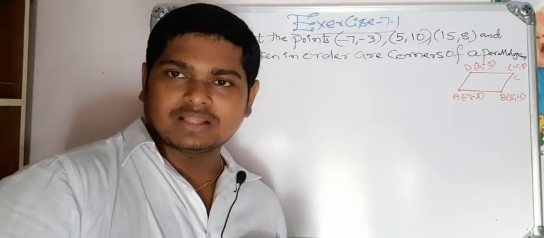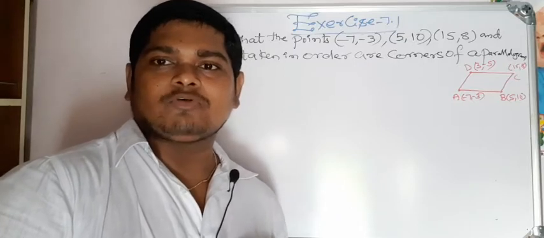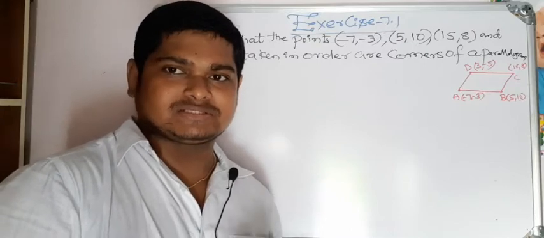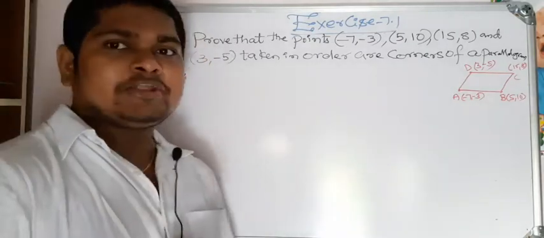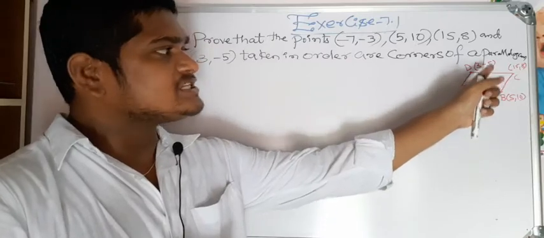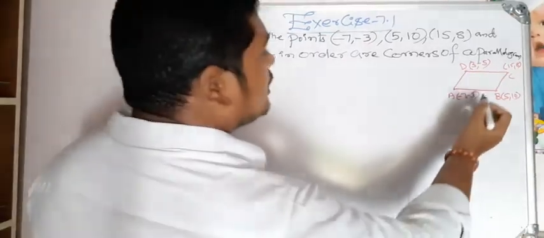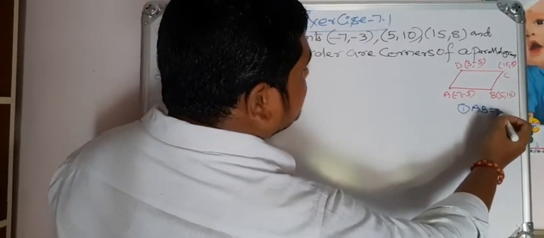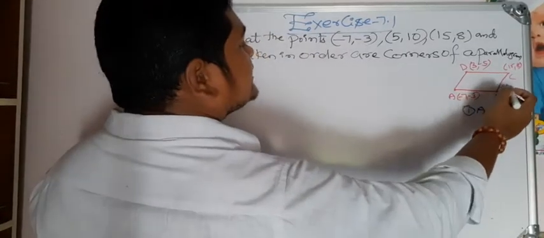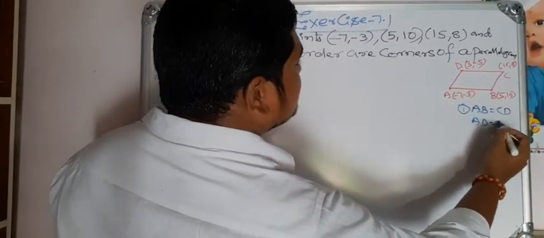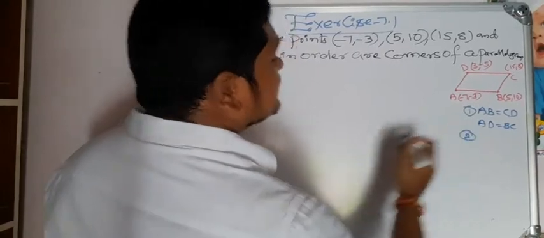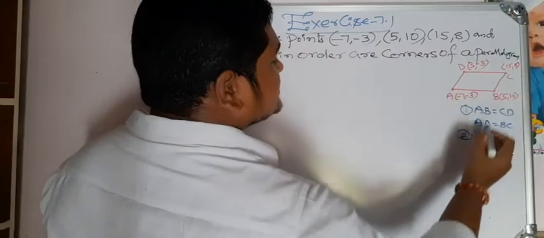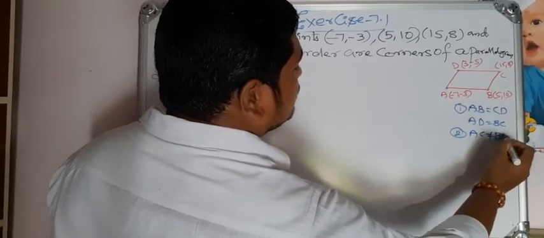Now we have to recall the properties of the parallelogram. What is meant by a parallelogram? What are the conditions? What are the properties? See here, already you know that in a parallelogram opposite sides must be equal. That means we have to prove the opposite sides are equal. What are the opposite sides? AB must be equal to CD. Next, in the same way we have another pair of opposite sides, AD must be equal to BC. Next, the parallelogram diagonals must not be equal. That means the diagonal AC must not be equal to BD.